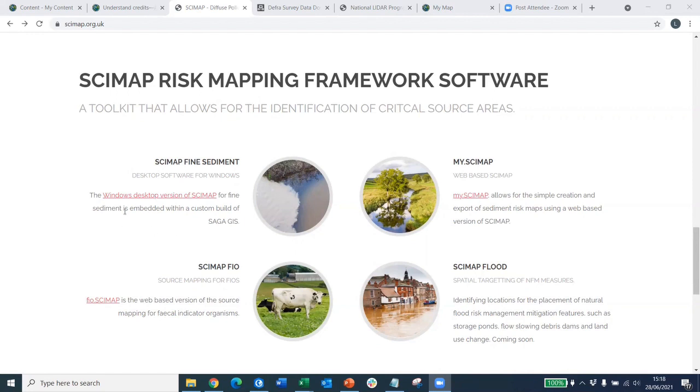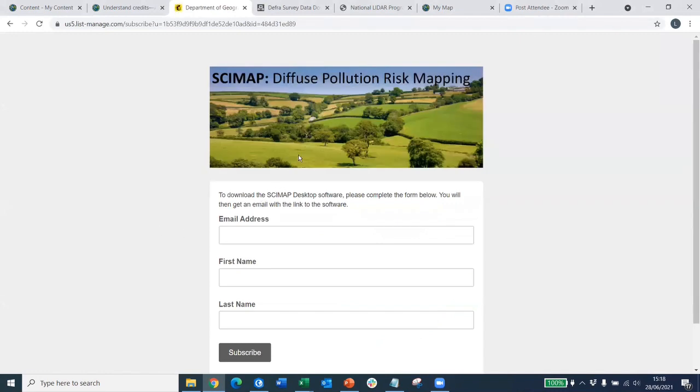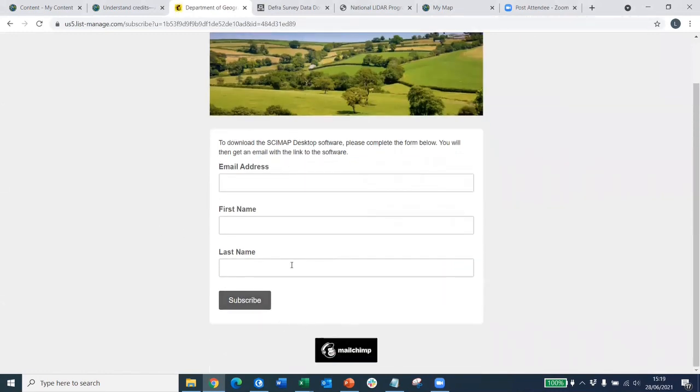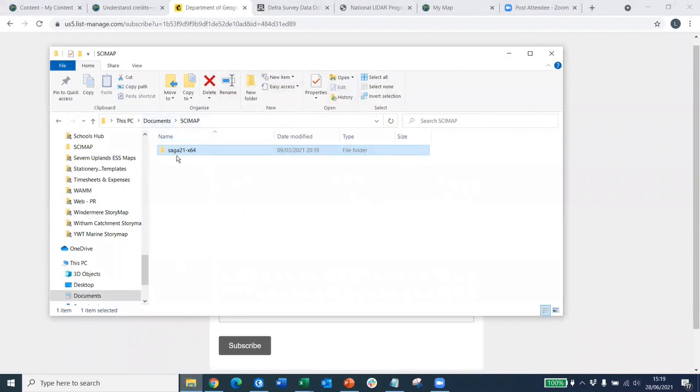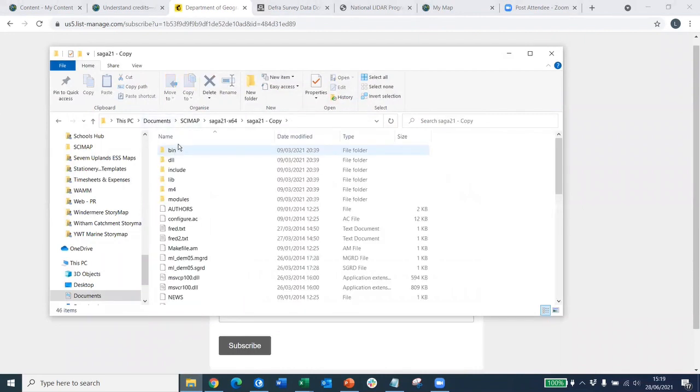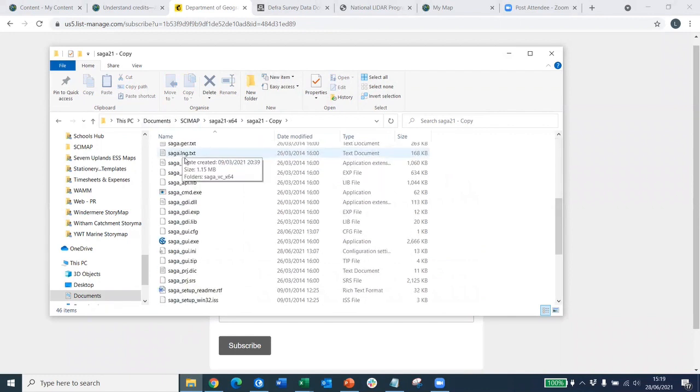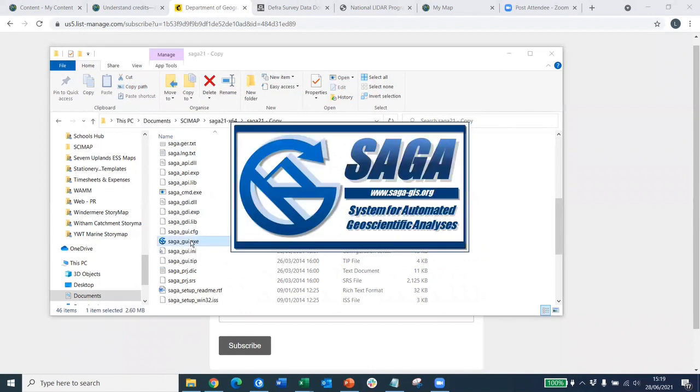So if you click on where it says Windows version to get that, you just need to register your details and click subscribe, and then it will send you a link that you can download the files. It downloads the tool, and it also downloads a piece of open source GIS software called Saga GIS, so you'll have access to all that. Wherever you've saved it, if you go to that folder and click through the folders, they'll probably save like this. If you scroll down until you find the application execute file here, if you double click on that, it will open